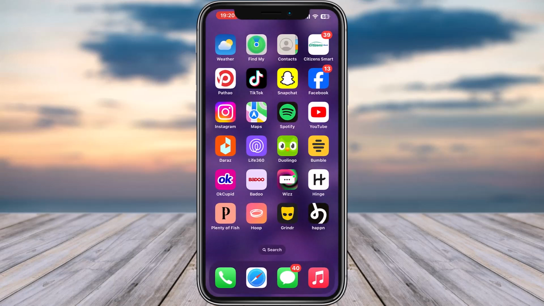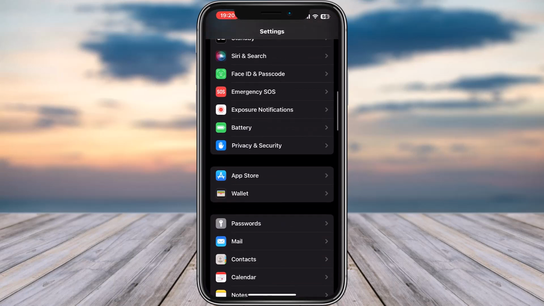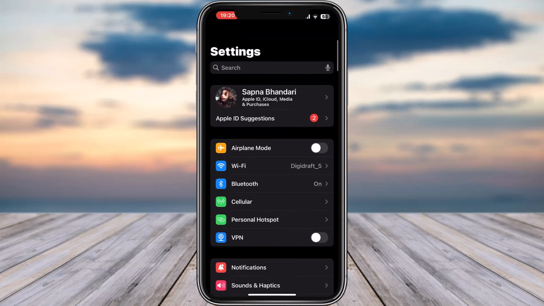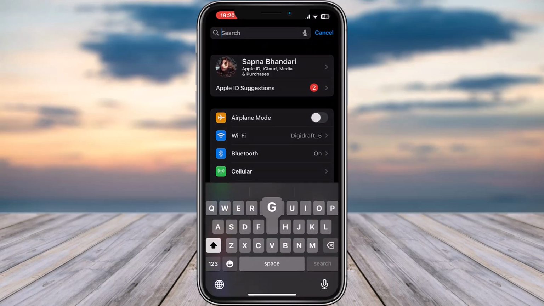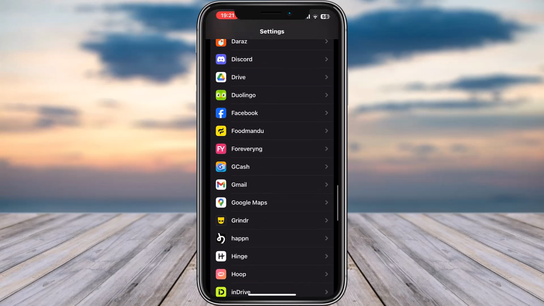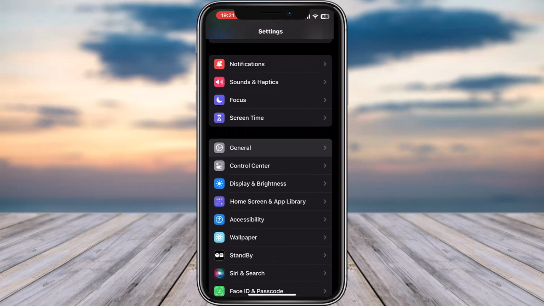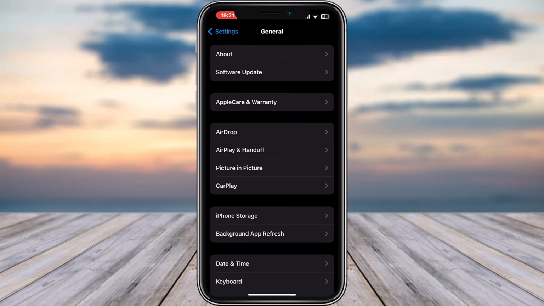Now then, once you have done that, you're gonna go ahead, go to your settings and simply scroll down. Simply go to the search bar, search in Gcash. Simply go ahead, scroll down till you find your app right over here. Now tap on it. Now from here, scroll down, tap on this option of general, and now tap on iPhone